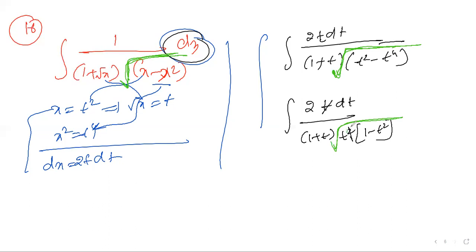So here t square is there. t square can come out as t. This 2 is cancelled. 2 gets common. t and t square will come out, 2 together. The next question is 2 dt by 1 plus t into root of 1 minus t square. Clear? Yes, sir. And the root is there. Still I'm missing it, so I'll rewrite the question on the next page: 2 dt by 1 plus t into root of 1 minus t.